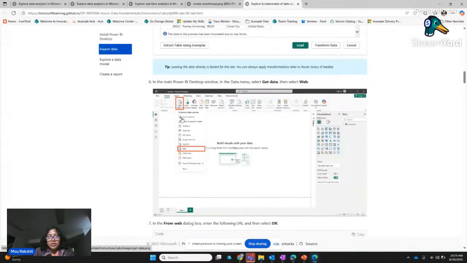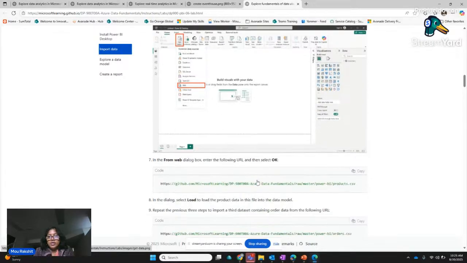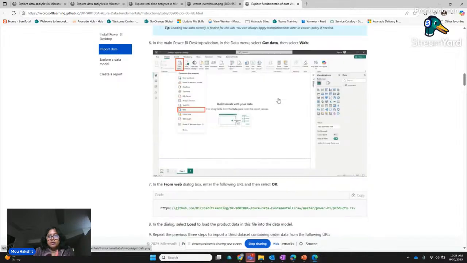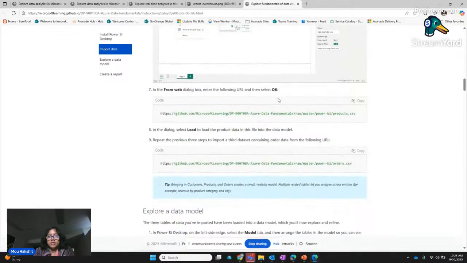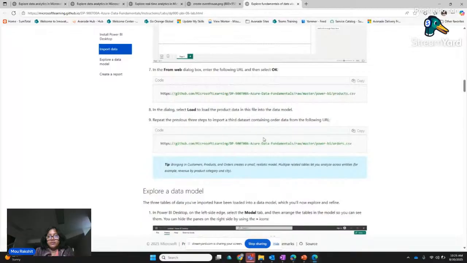Here you can say Get Data, Wave, and you do your visualizations here, in the main Power BI. You can select Get Data and select the corresponding application, the source from where you're going to get the data to visualize. And we've already gone through all of those before, right? And then after that, repeat that for multiple data sets.